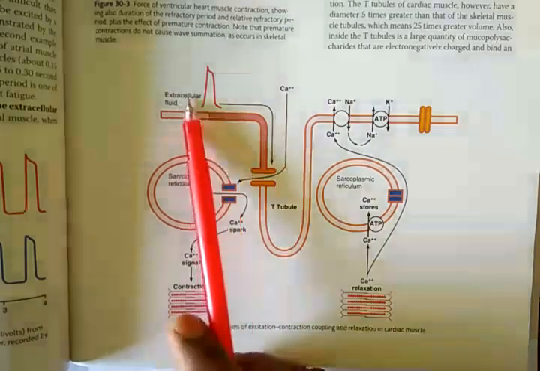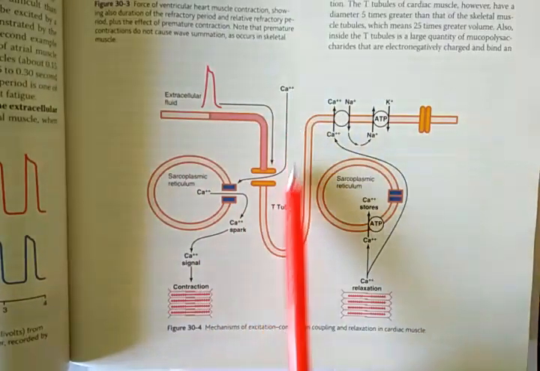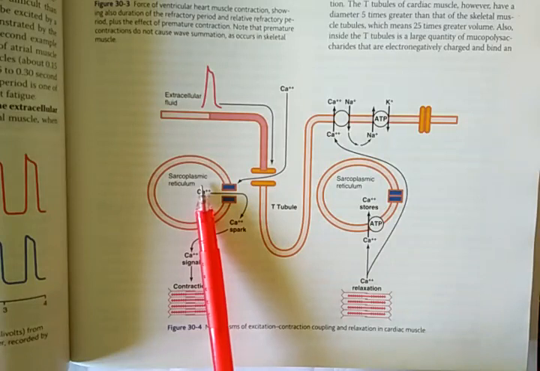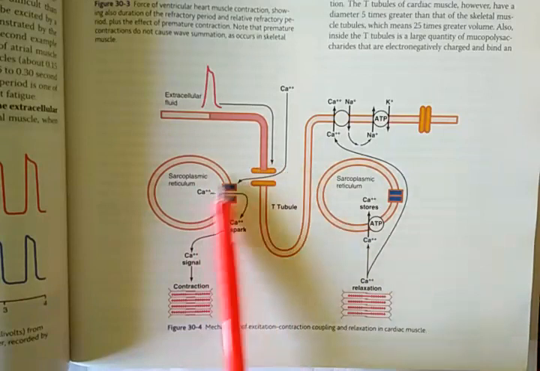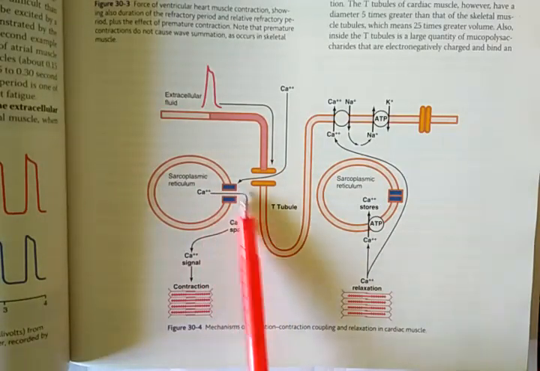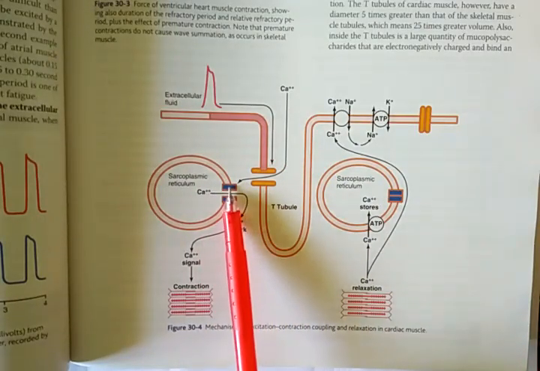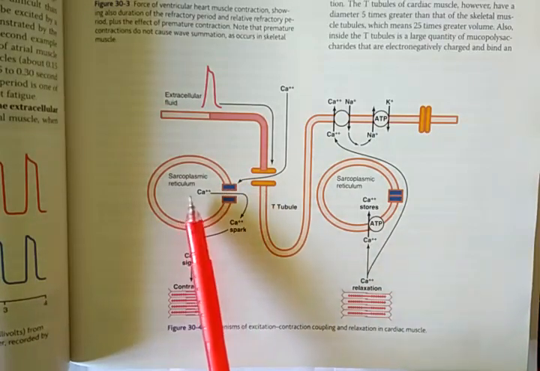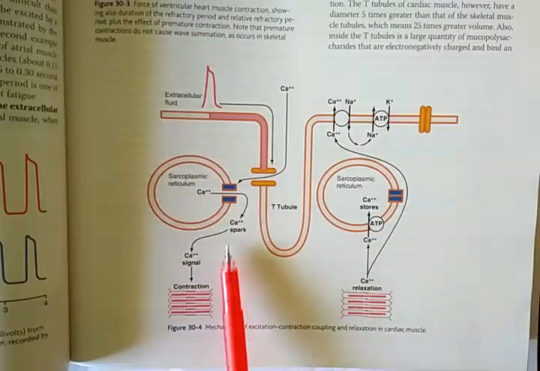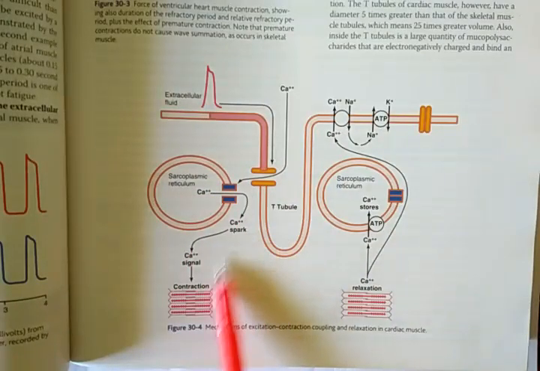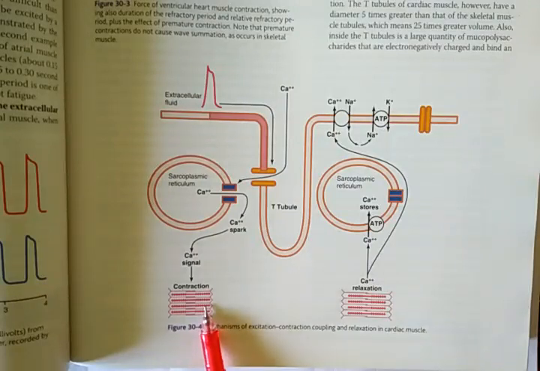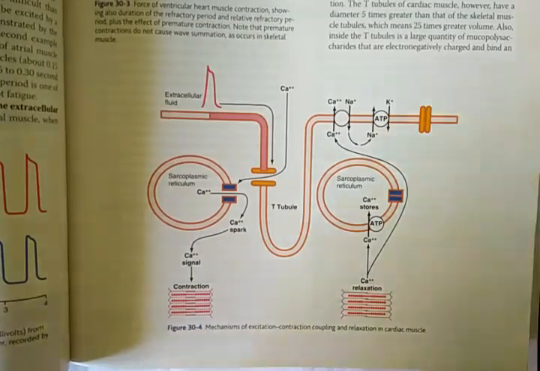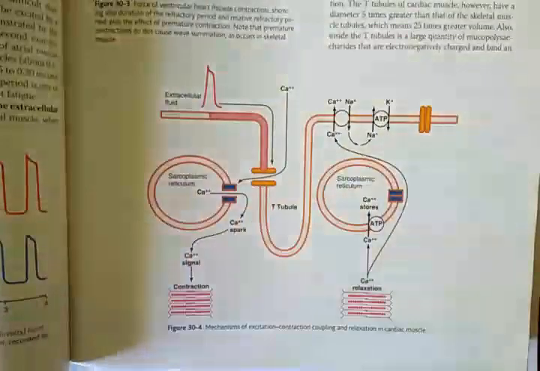Now you see in the extracellular fluid calcium ions are present. So these calcium ions will enter inside the cytoplasm, that is the sarcoplasm we can say in muscle, in cardiac muscle fibers. It will enter here and it will hit the protein channels present on the sarcoplasmic reticulum, that is the endoplasmic reticulum, and then the calcium present in this sarcoplasmic reticulum will come out, and combinedly they will act on these cardiac muscle fibers, and these cardiac muscle fibers will contract. That's why it is written here contraction, means they will squeeze, ठीक है.